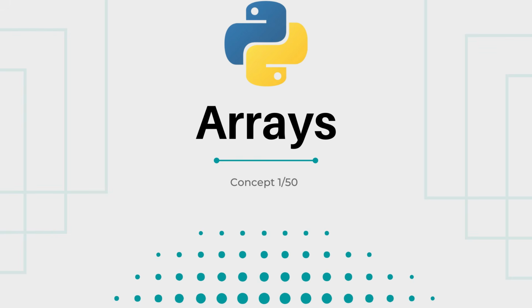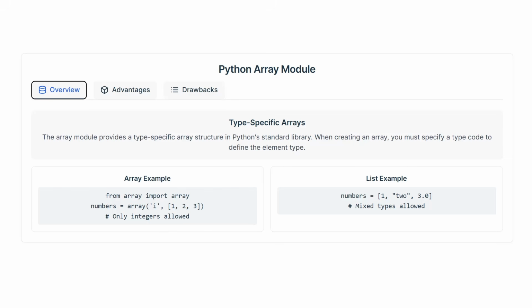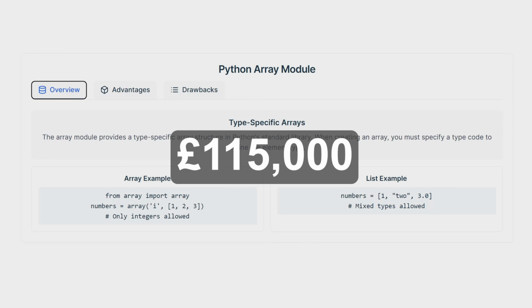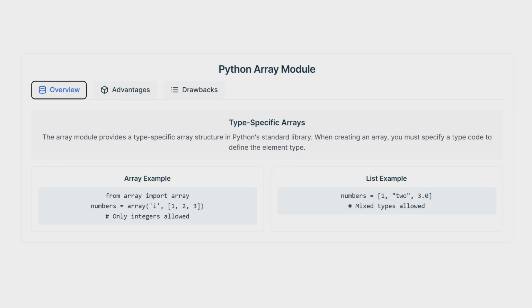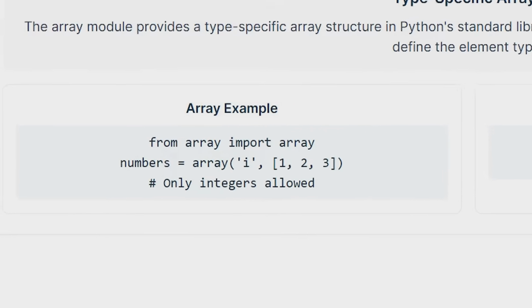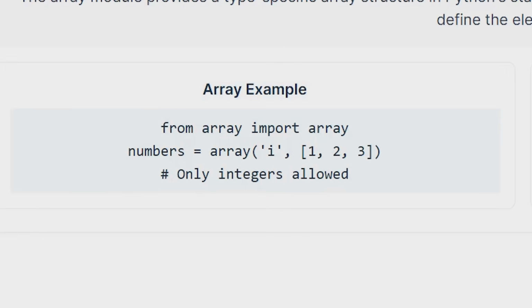Arrays. What are Python arrays? I got this as the first question for a £150,000 interview for a UK company, and it threw me off completely. You might think Python arrays are just another name for lists, but that's wrong. Python's standard library includes the array module, which provides a type-specific array structure. Use this when you need a simple type-specific array and want to save on memory. When creating an array, you need to specify the type code, which defines the type of elements the array will